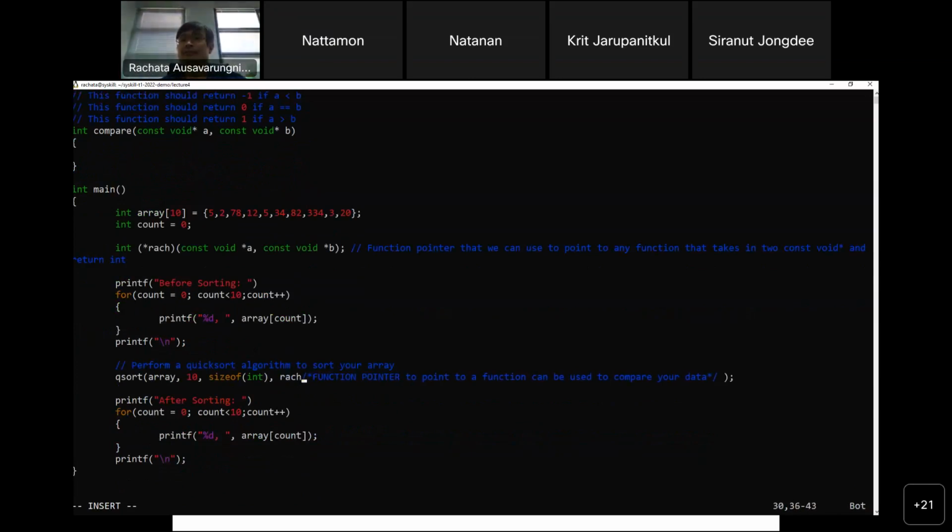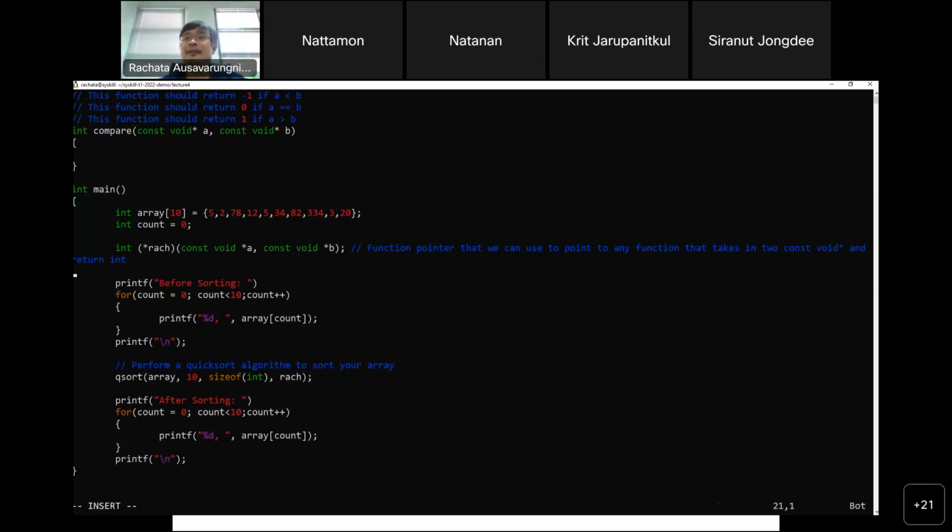I can do this. So that's my last input. I just put in the function pointer. Everyone, are you with me so far? Basically, I'm done with the main function. I just name a function pointer. I haven't done anything to point to the correct function call yet, but the Qsort is almost done.